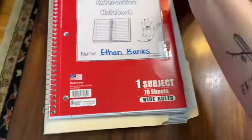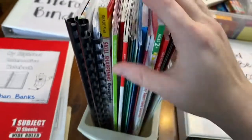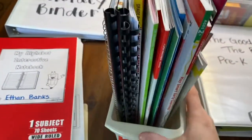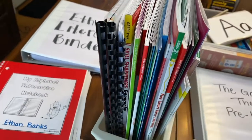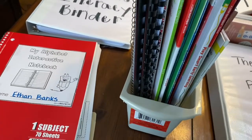And then we have this little Dollar Tree holder, and we have all of our other little things that we kind of rotate or pick from every day. We pick something different. Some days we do the same thing. Just depends on my son's mood. And so I have in here for him